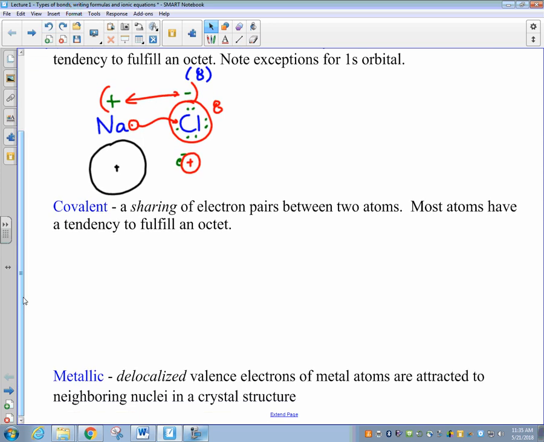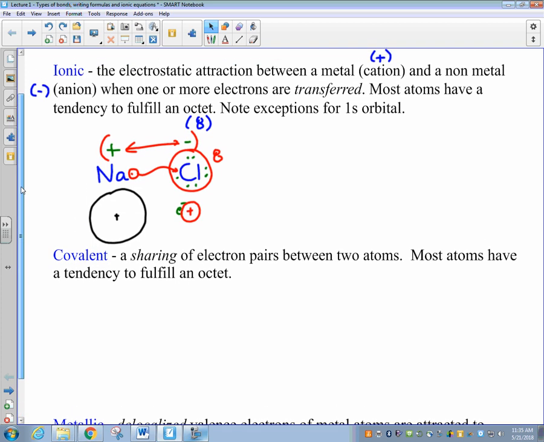Next, let's go ahead and take a look at the process of forming a covalent bond. A covalent bond occurs when we share electron pairs between 2 different atoms. And again, most of these atoms are going to have a tendency to complete their octet as we share those electrons between atoms. Now, in terms of ionic bonds, you'll notice here that the ionic bond had a tendency to